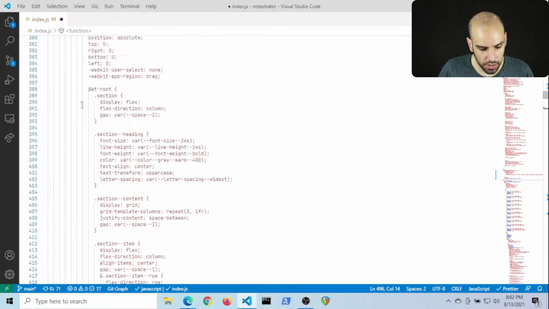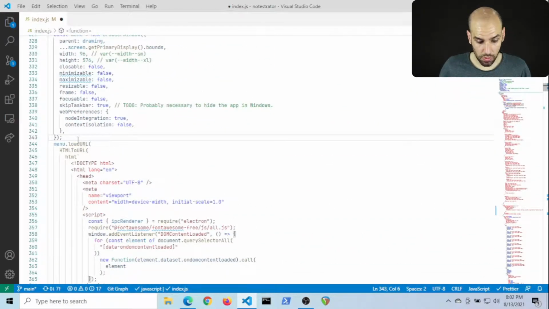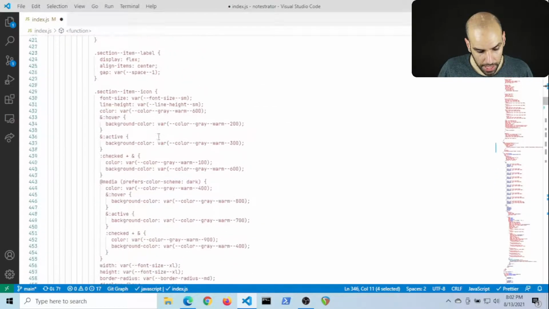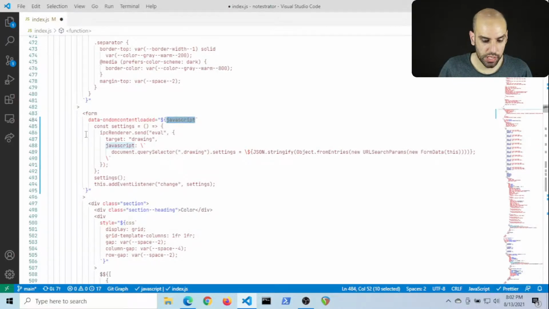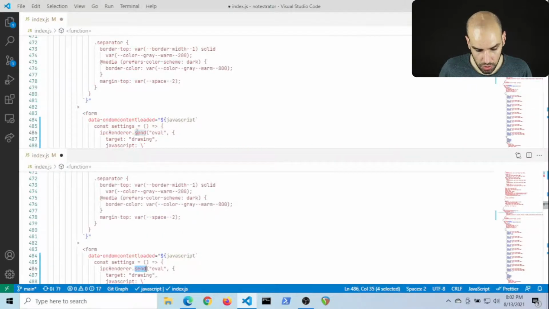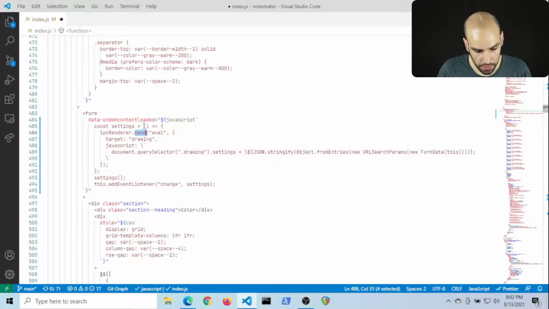So I have here on the top some Electron code written in JavaScript that produces HTML. In the HTML, I embed some JavaScript. So this is client-side JavaScript that will run on the browser window, on the HTML part. This is running on the menu, and then on the menu, I'm sending a message to the main process, and I think I am doing it wrong. I don't think I should use send. I think I should use invoke. I'm right. So I'll use invoke.